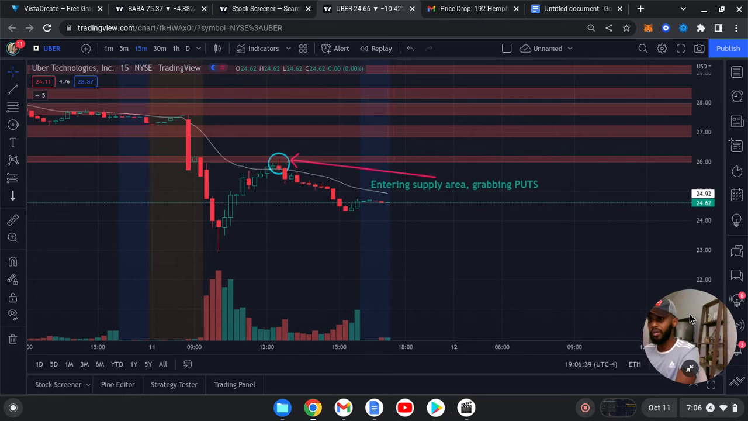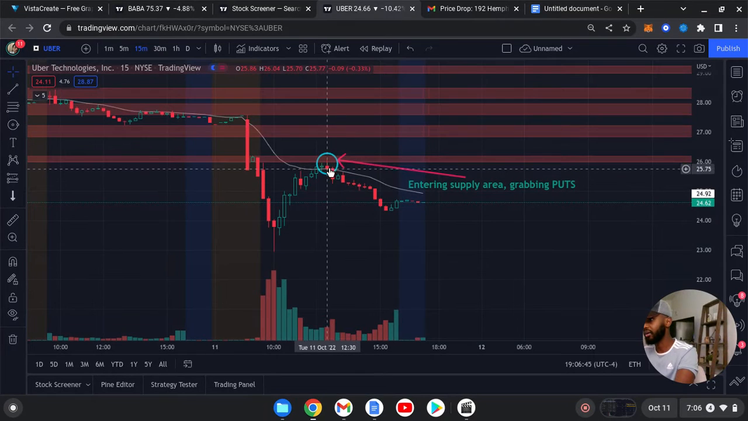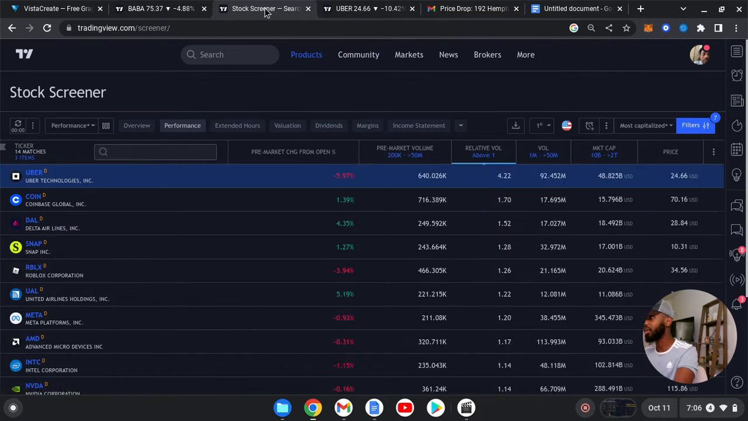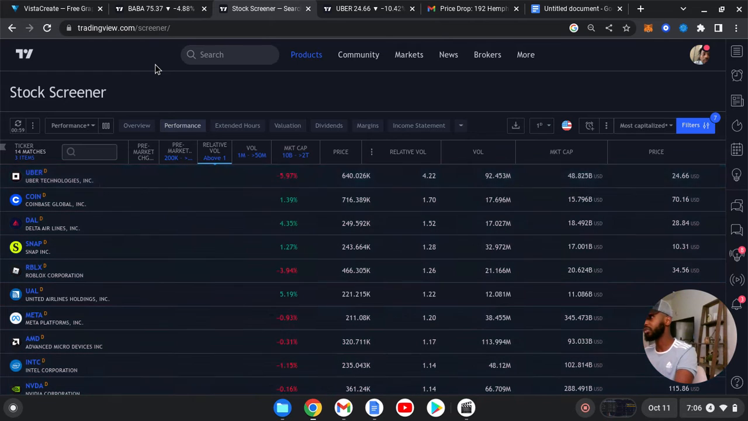I wanted to jump on here today and show you guys how I find stocks to trade. So, how I was able to find Uber, this good opportunity to the downside. I think I posted a little bit about it before, but basically, I go on TradingView and I use their stock screener